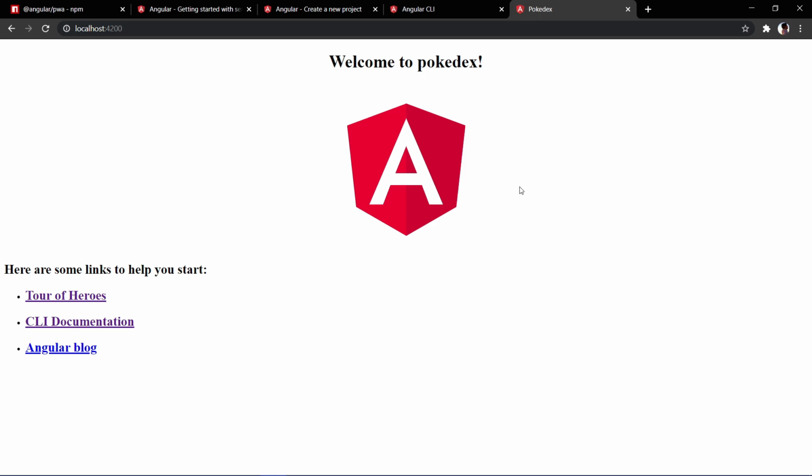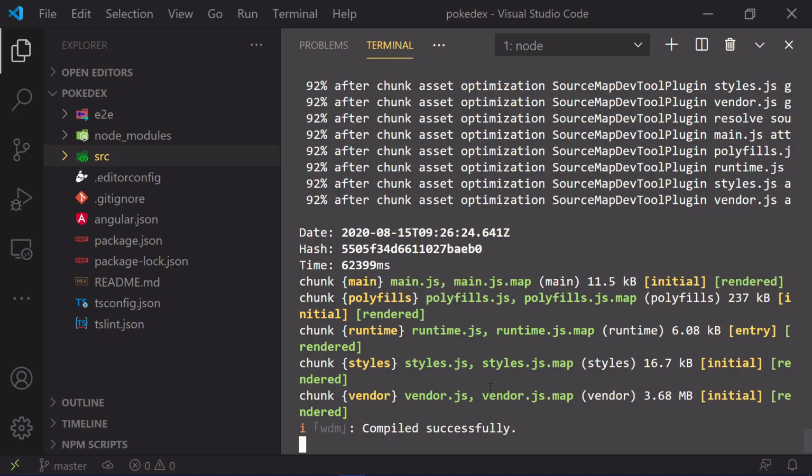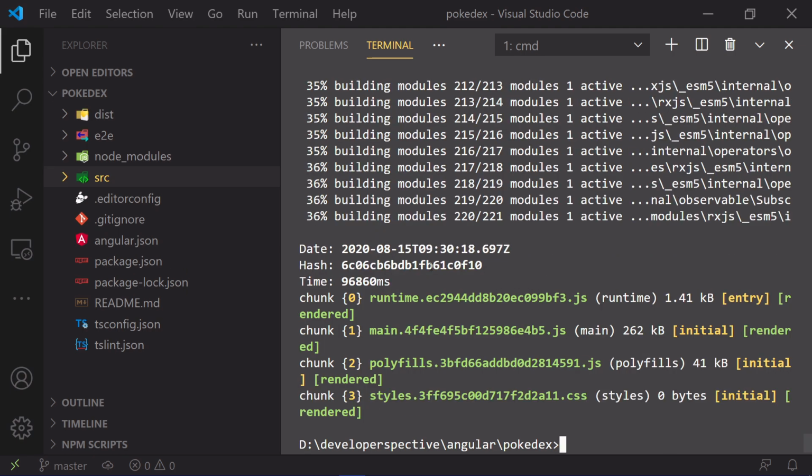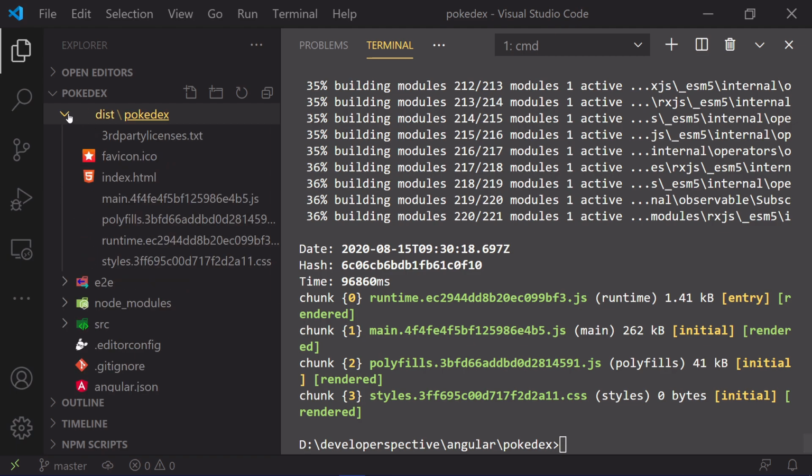So how do you build an application with Angular? So first of all, I'll just close this terminal here, and then you need to type ng build -prod. So I'll just create a prod build of the application which has been created now. So once your build has been completed, you will find a new folder created with the name of dist. Okay, so this will have all your code. This will have the index.html created along with some other files.